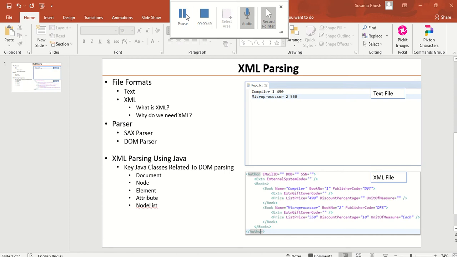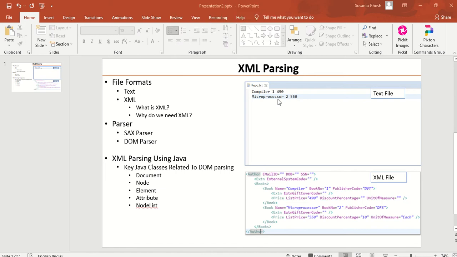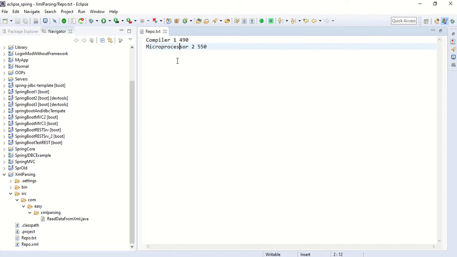So XML is a file format. All of you have seen or are aware of the text file. Like this is a text file where we write some content without maintaining any particular format. I can give you an example. So this is a text file. Here normally we type something or store some data, not exactly maintaining some format. So it's a free format, it's a text file.